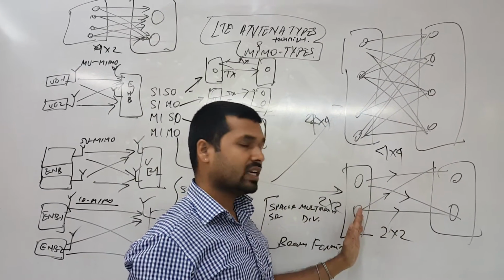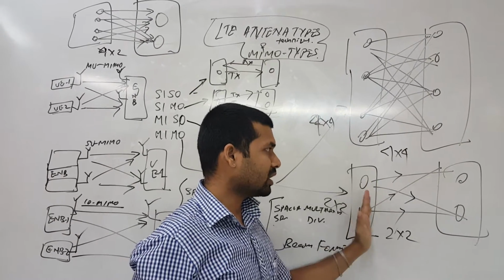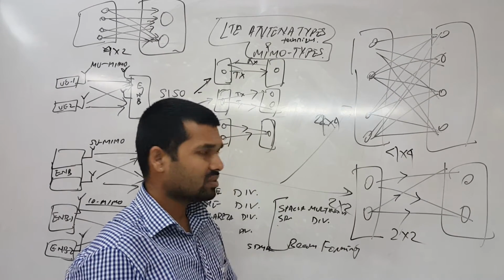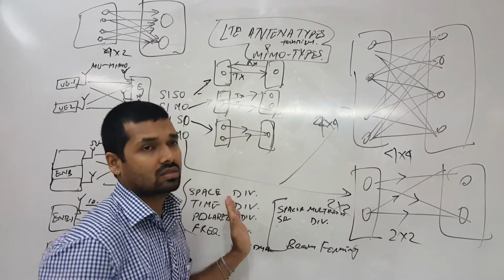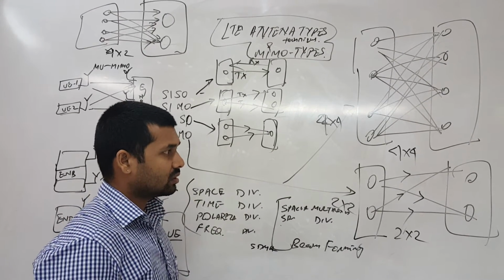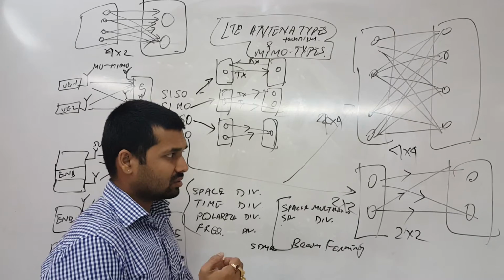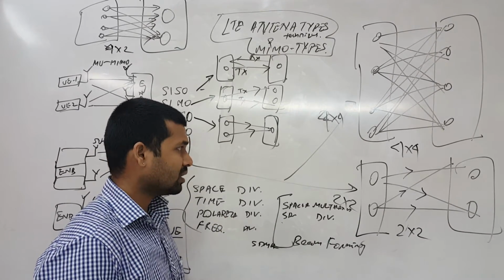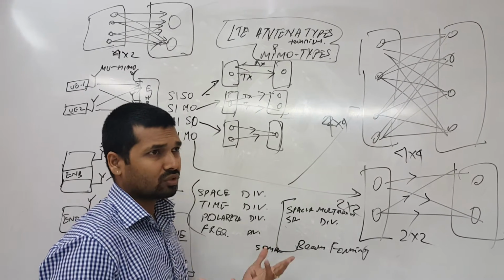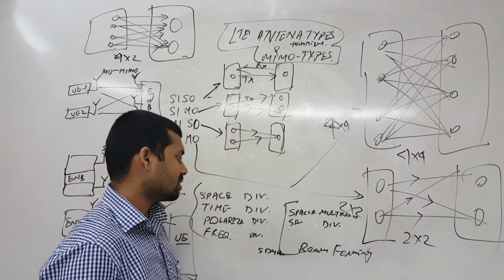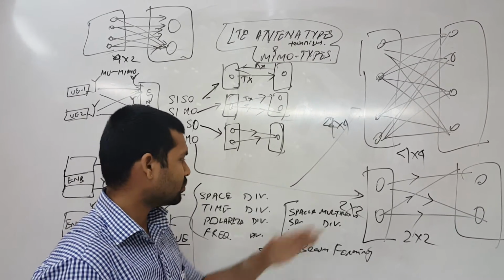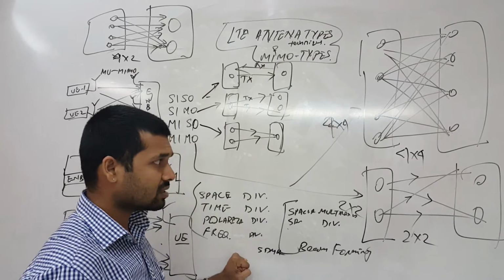So we are having 2 antennas. I am transmitting data through 2 antennas and I am receiving also in 2 antennas. So this is used to gain diversity in terms of space, time, polarization or frequency. To counteract the interference in the system, the multipath, signal fading, and other signal behavior, path loss, we need to recover the original signal. So for that we are using these kinds of diversity techniques.